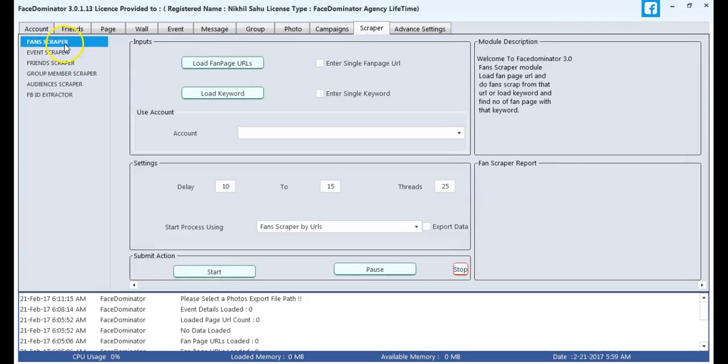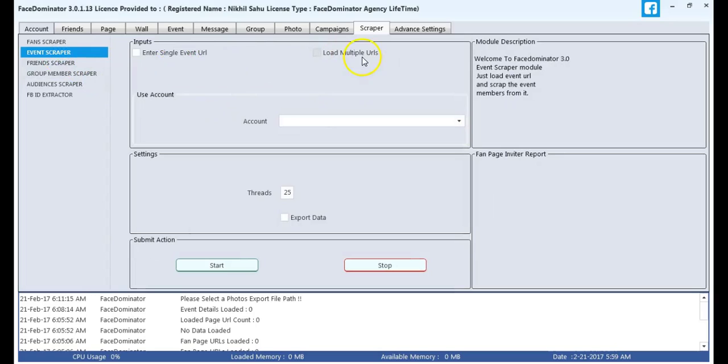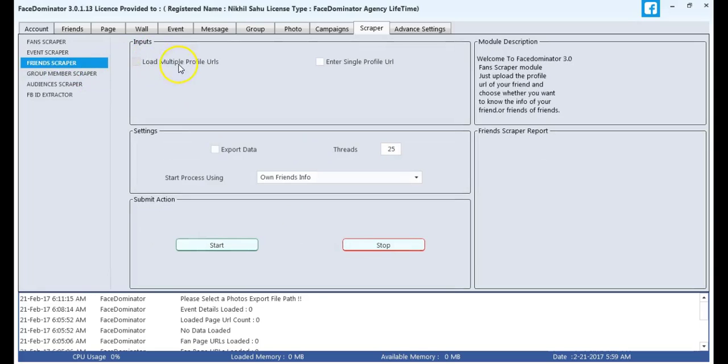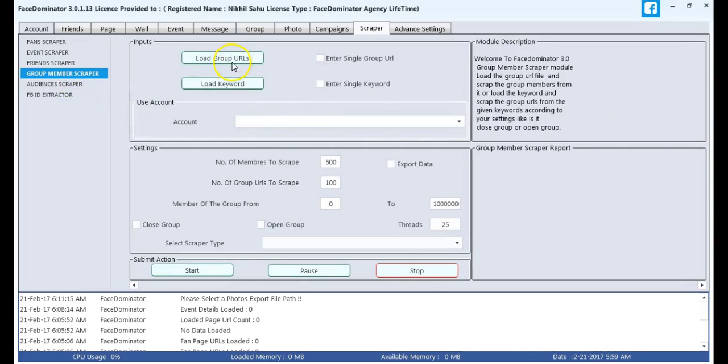In the scrapper, there is the fan scrapper in the starting. So inputs are as shown here. In the event scrapper, the enter single event, multiple event. You can export data here. In the friends scrapper, you have to load multiple profile or single profile. Export data here or to friends info, friends of friend info, profile URL scrapper process can be done